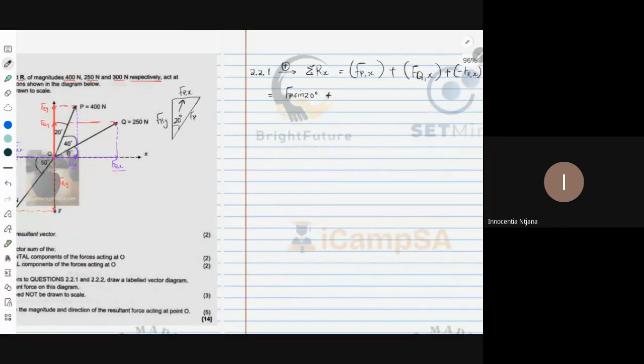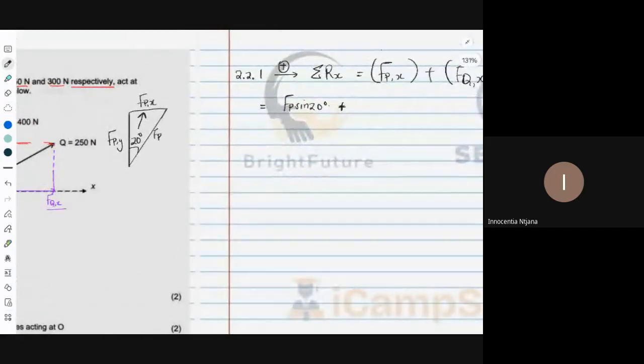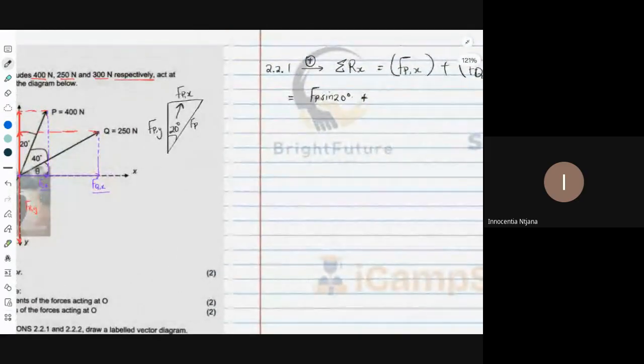I won't draw all of these things like I did last time because I've already given you a detailed breakdown of how to get these trig ratio relations. If you want to check out how we did that, you can always go back to the previous notes or our video that we did last time. And then